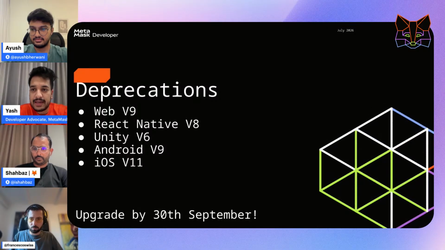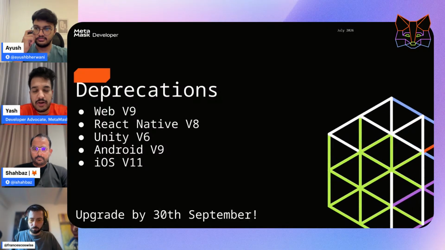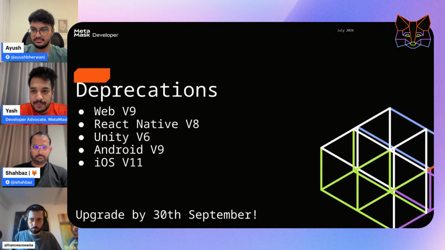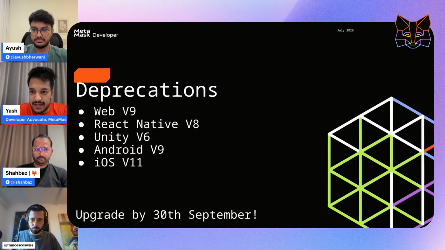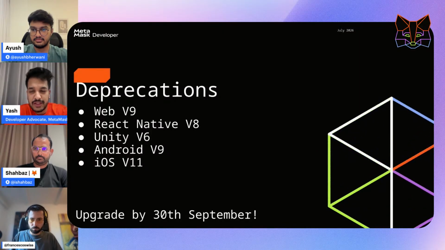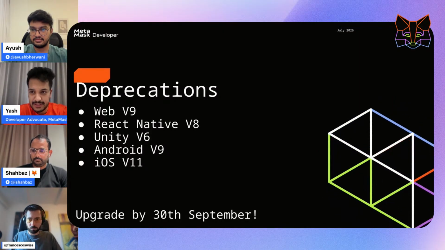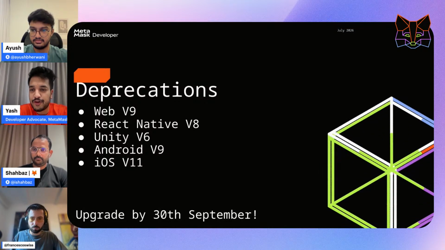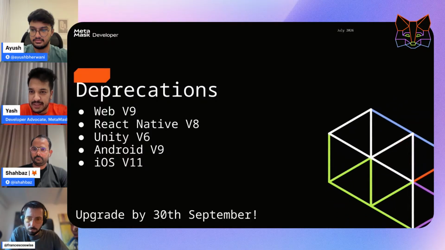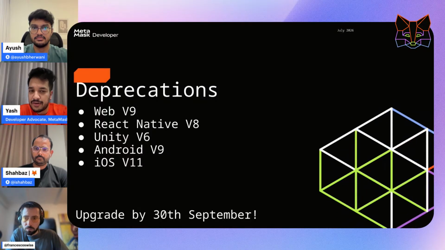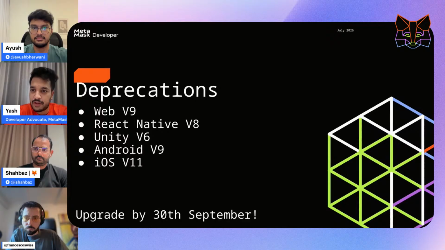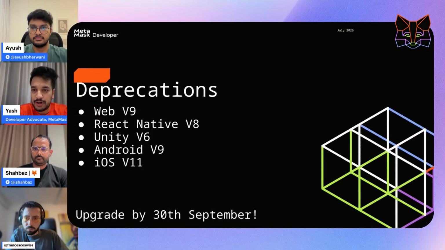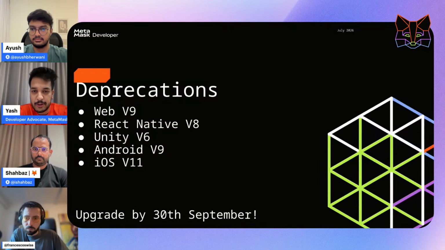It will automatically handle all the different code changes and architectural changes, and properly upgrade the SDK. If you have any issues, you can always reach out to us on Builder Hub. These are the deprecations that you need to keep in mind and accordingly move forward. By the end of 30th September, we'll be reaching out to a lot of people who haven't upgraded for sure. But by end of 30th September, we will not be supporting these particular versions at all.